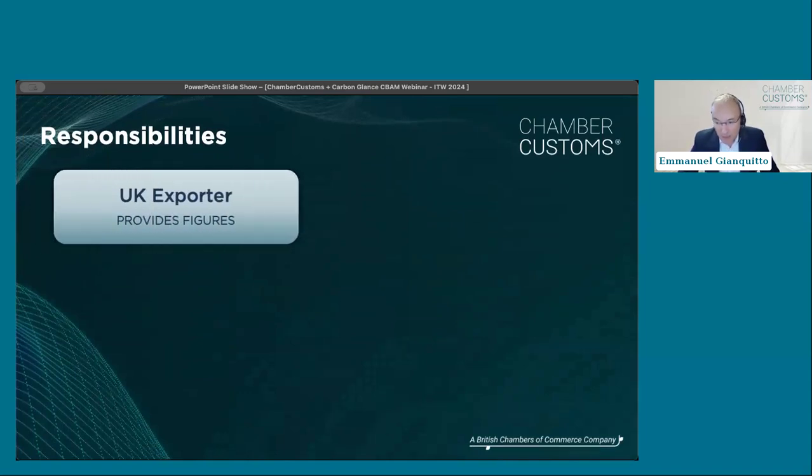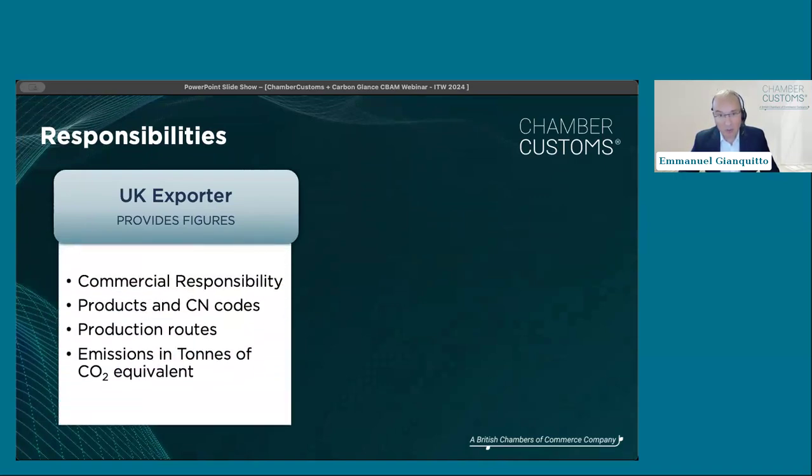Now, one thing that is very close to my day-to-day work and to my heart is the fact that UK exporters are under pressure to provide figures. But this kind of responsibility is what we define as a commercial responsibility.